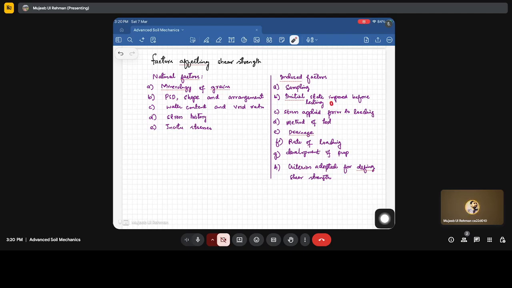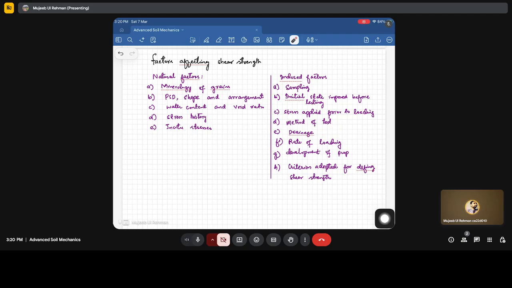Initial state impulse before testing: before we test the sample in the triaxial, what initial state are we choosing, and before loading, what stresses are applied, whether it is isotropic consolidation or anisotropic consolidation. Method of the test: which test we are going to do. Then the drainage condition, whether we are allowing drainage or not, has an effect on the shear strength,